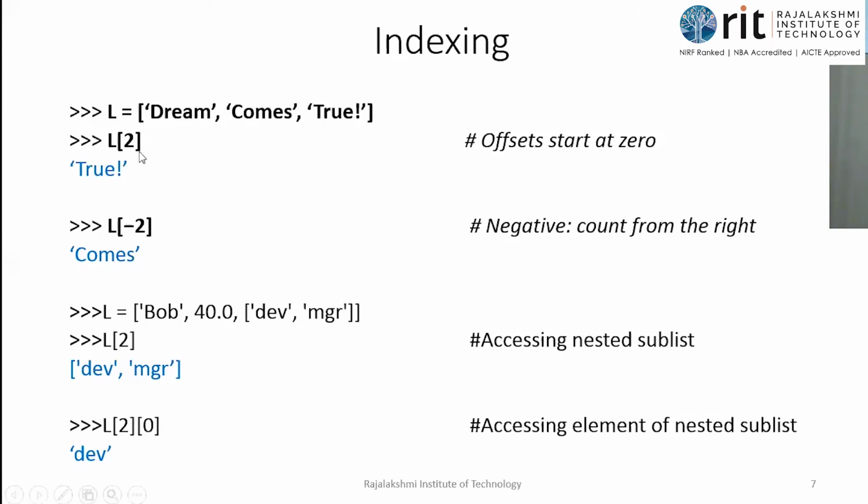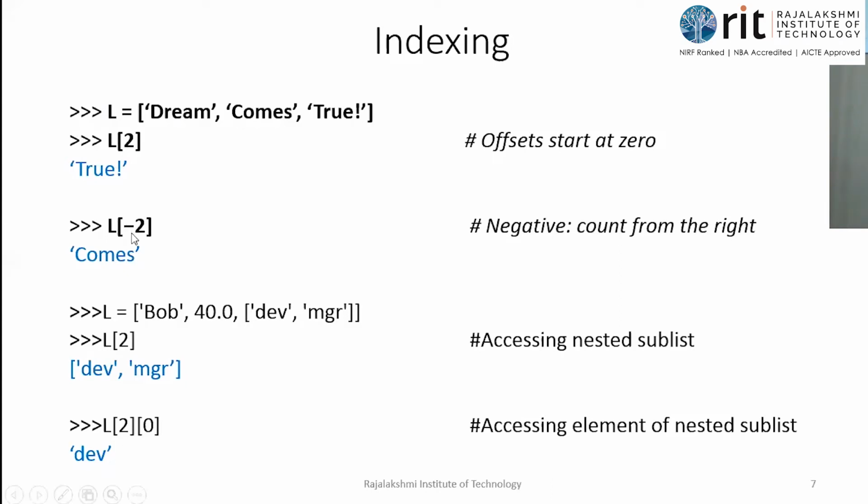Okay, L of 2, indexing starts at 0, isn't it? So 0 la dream, 1 la comes, and what is that index 2? True. Okay, so L of 2 kudukumbodhu, what is L? That is a list name. Okay, so I can have any number of lists in my program. If I want to print this particular true value, I should know the name of that list. So give the name of the list followed by the index value. Like string name and then the index operator. How do you write the index operator? Square brackets, and inside the square bracket you should give the index. Okay, index value. So L of -2.